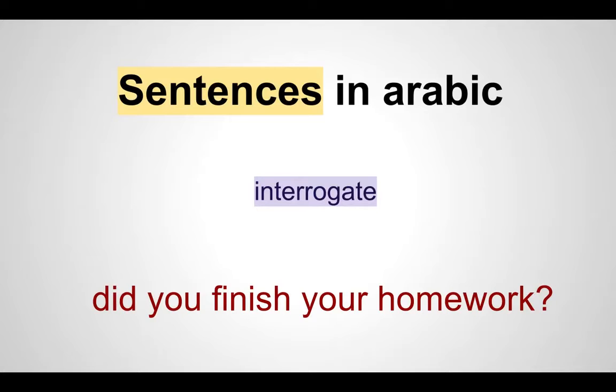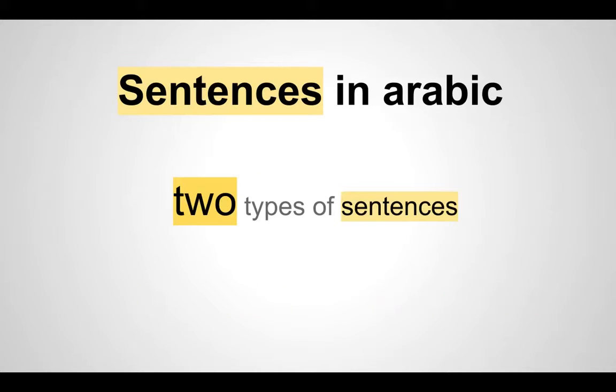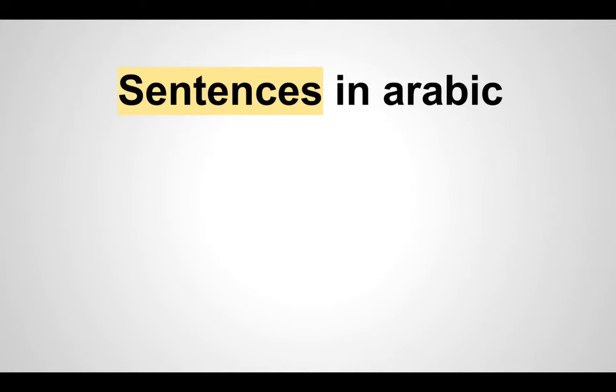Arabic is a simple language, so try to simplify as much as possible. In terms of types of sentences in Arabic, we have two types. We have learned three types of words: ism, fi'al, harf. If you look into minute detail there are three types of sentences, but on a broad classification we'll say there are two types. A sentence is called jumla in Arabic. Jumlatun, but we will pronounce it jumla, so the last letter is not pronounced.